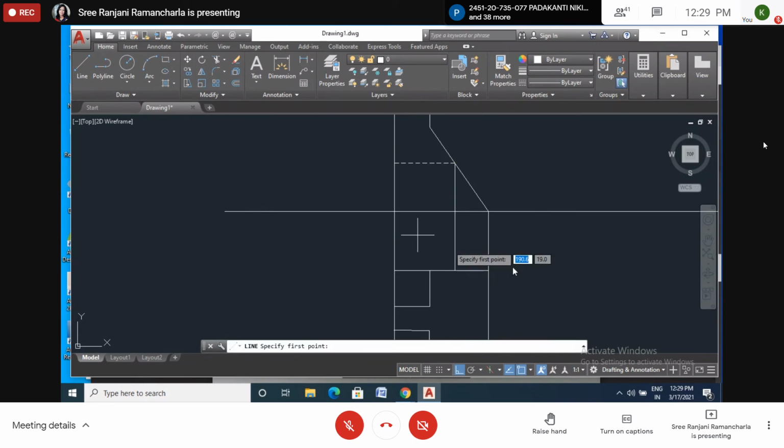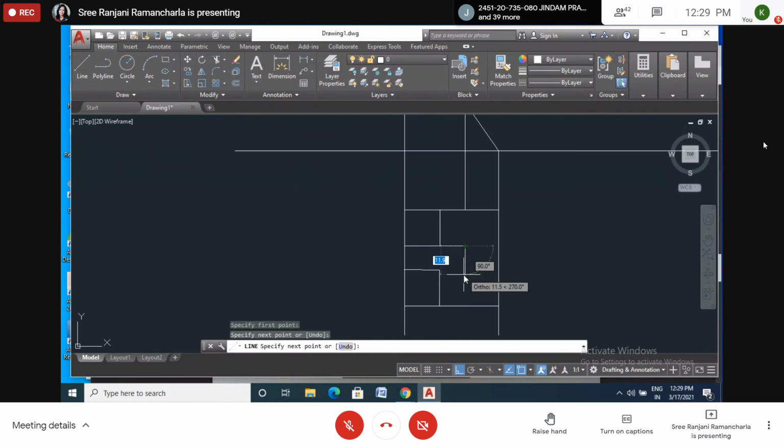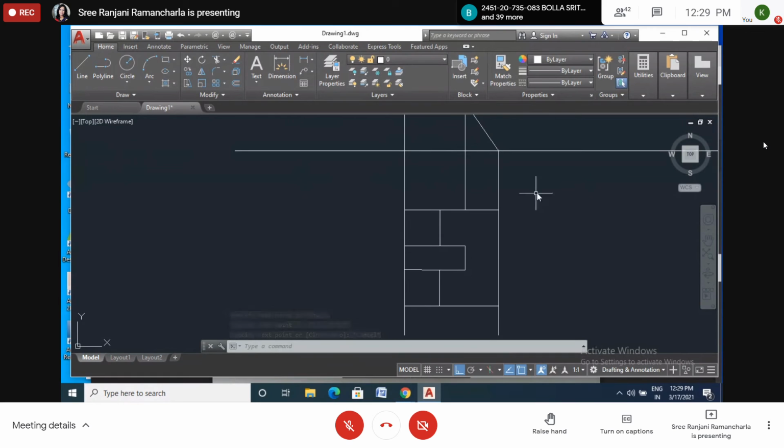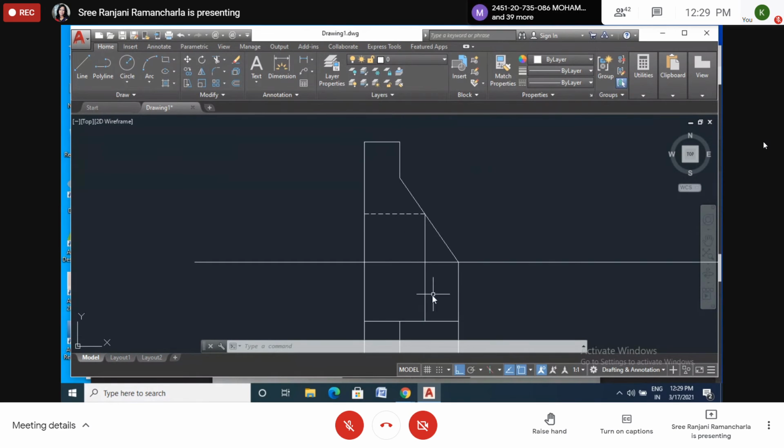One more line. Or else like that you also can draw, like this. Okay, now you can see this as per our drawing. Now it is clear. This is the projector. Don't think that this is a line.